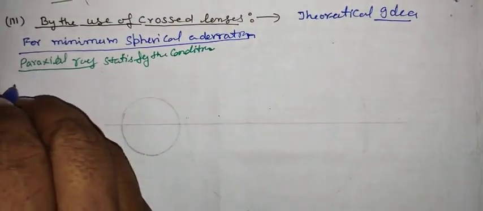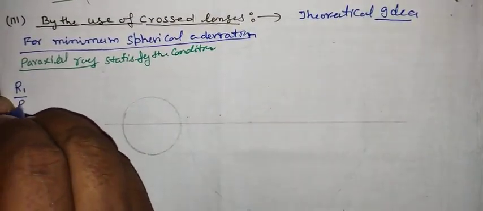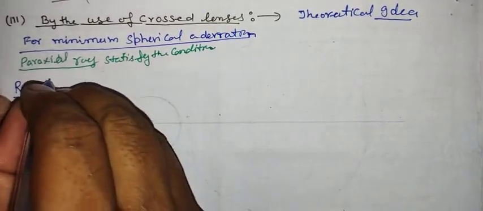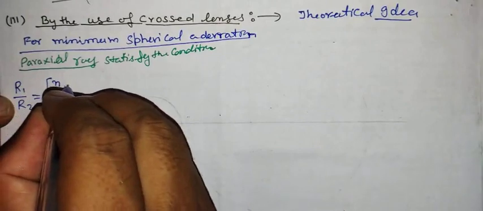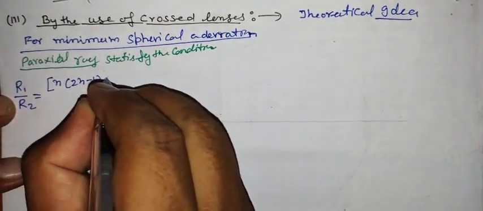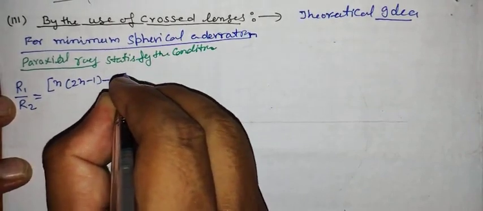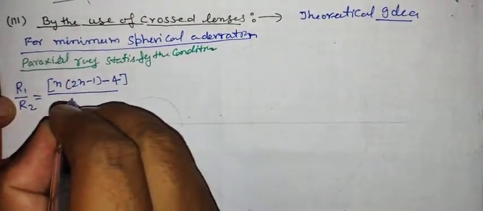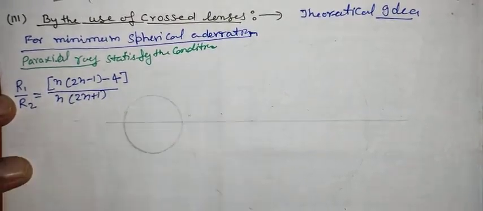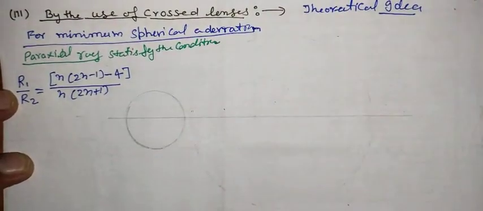R1 by R2 follows the formula: with refractive index n, R1/R2 = (n(2n - 1) - 4)/(n(2n + 1)). So for this, see